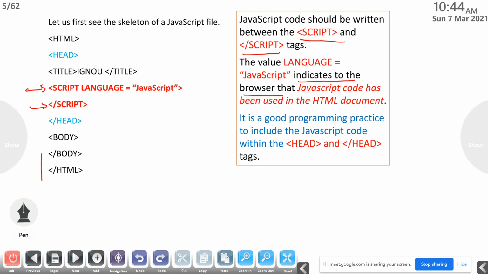It is a good programming practice to include the JavaScript code within the head and /head tags, but it is not compulsory. You can use it in between the body and /body also. So this is a skeleton. First we write the HTML, then head and title. We close the title, and before closing the head, we write script language equal to JavaScript, and in between the script and /script we write the script that we want.